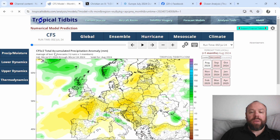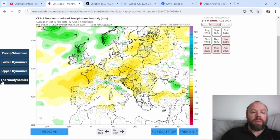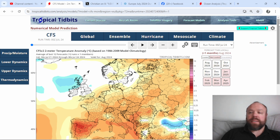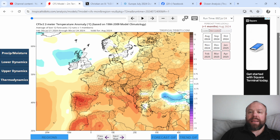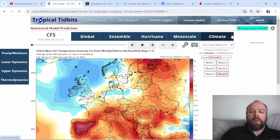Incidentally, this is what the model looks like. Wet across the north, dry across the south for the month of August. Looking at precipitation and 2 meter temperature anomalies, cool in the north, warmer in the south here. So this is some changes now starting to show up as we step out of July and into the month of August here. Looking at the CFSV2 weeklies for the same general period, this is the upcoming 7 days, and